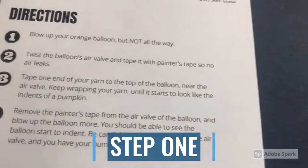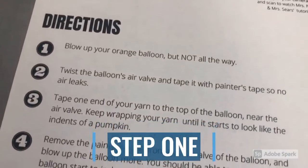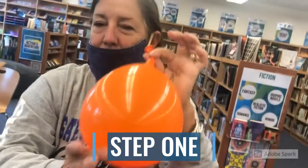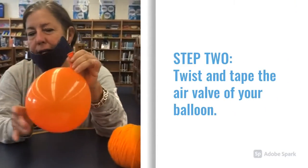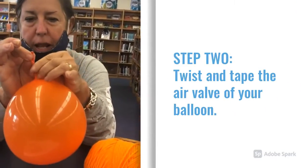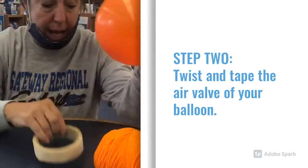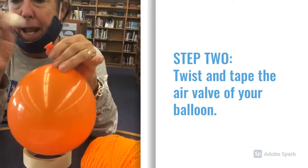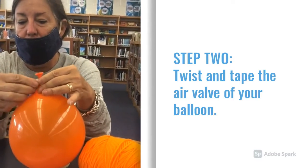First step is to blow up your orange balloon, but not all the way, just about this big. Once you've gotten it to about this size, you do not want to tie it. Just twist the top to hold the air in temporarily. And then get a little piece of painter's tape or masking tape and close it off to keep the air